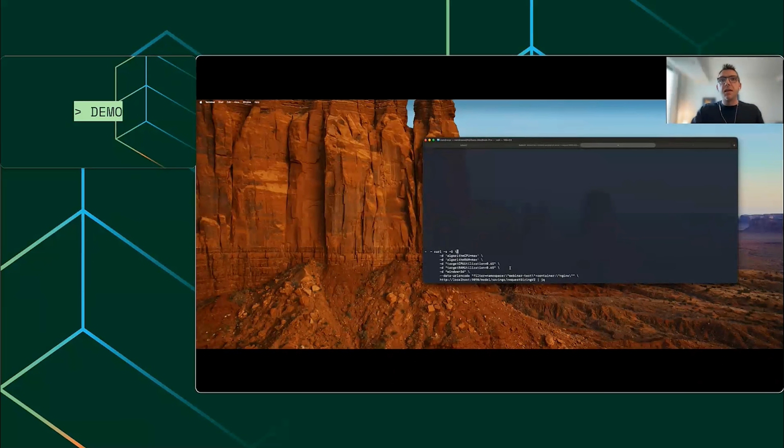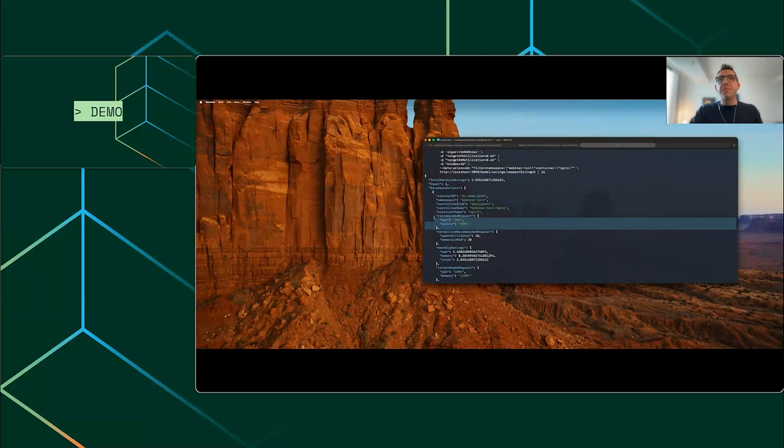So if we put this in, we can see an example return that looks very similar to the UI. And we can see the same recommendations here of much less CPU and much less memory is needed for this workload than I have set for it right now. So we can make those changes. So if I just pop back into Chrome here,